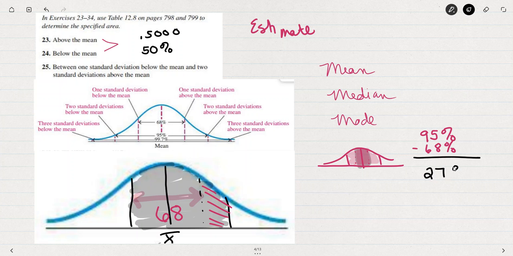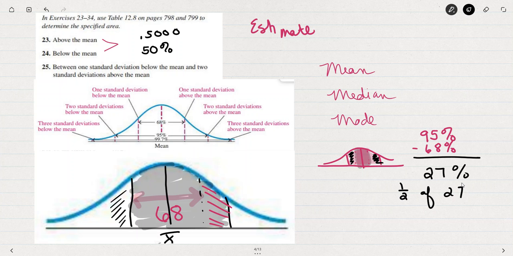That'd leave us 27%. So I know that the two sides, if I had both of the pink and the black, these two black pieces, that total is 27. But my pink side, what I'm looking for is only one of those. So the next calculation is to find 1/2 of that 27%,